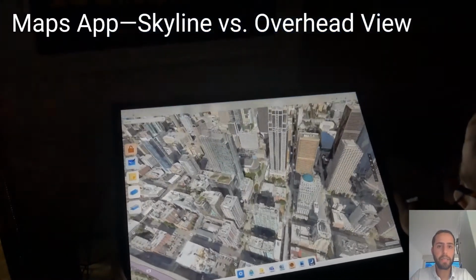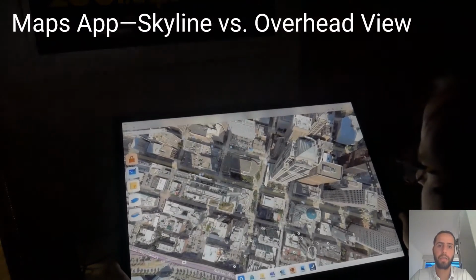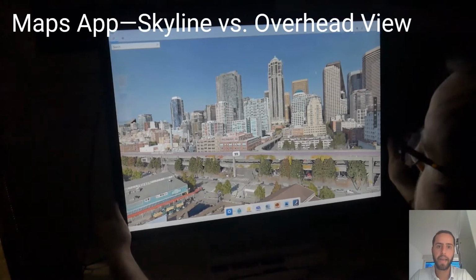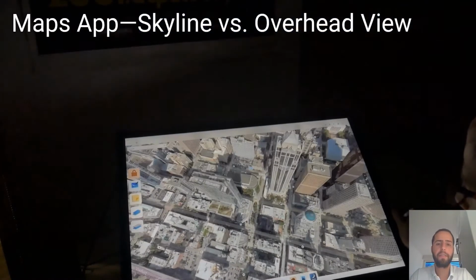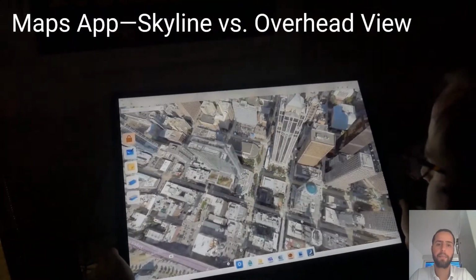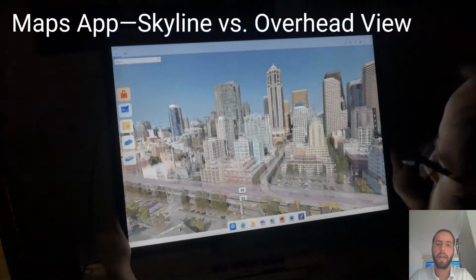The map application uses tilt to control a perspective view of a city. At vertical, the screen shows the skyline, as if looking through the screen into a miniature cityscape. As the user tilts down, the view of the city rotates until reaching an overhead view. This experience well demonstrates our use of the transfer function to transition between low and vertical position.